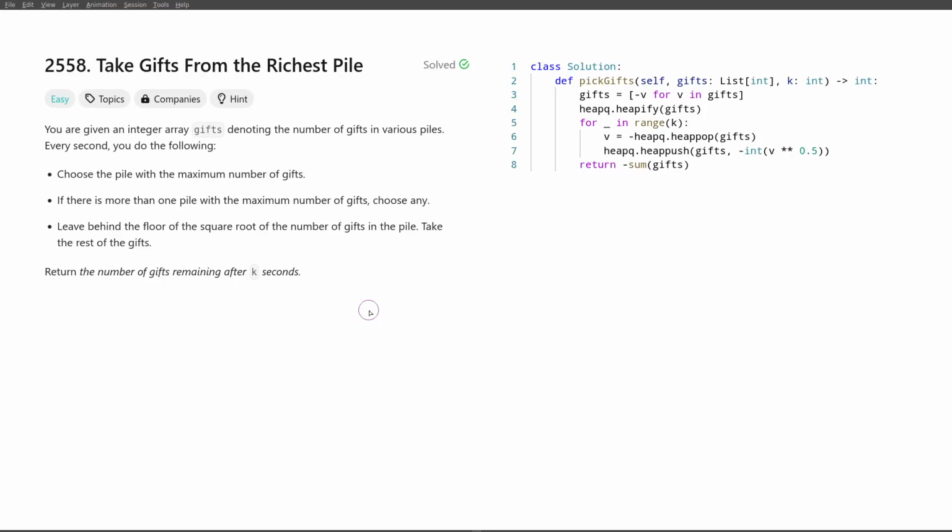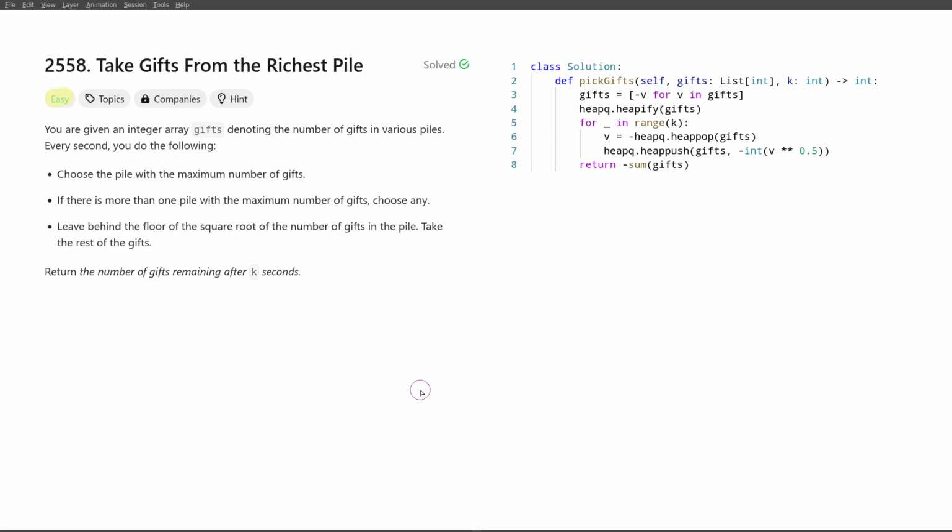Hello everyone. Today we'll talk about the solution to the problem take gifts from the richest pile. This problem is classified as easy because the constraints in this specific version allow us to use simple, unoptimal solutions. But since it's part of the category of problems that I like to call staircase problems, there are two canonical approaches that we should try when we are trying to get the optimal solution, which is either binary search on